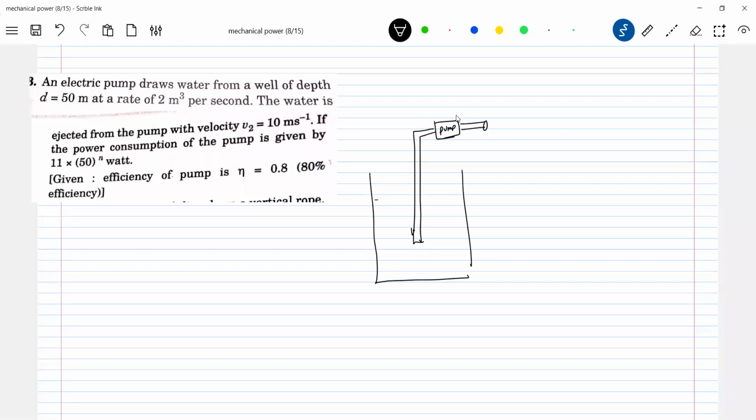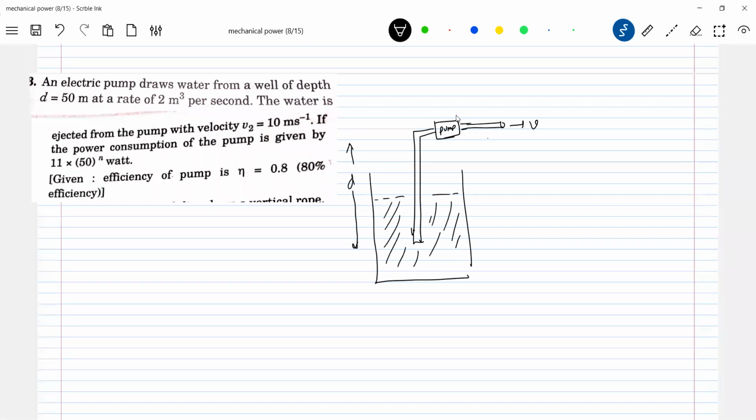from a well. So what is the depth? The depth of this is given. D is given. So it has to lift the water from a depth and it should project with a velocity